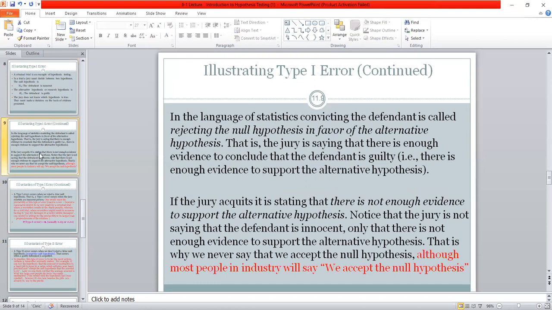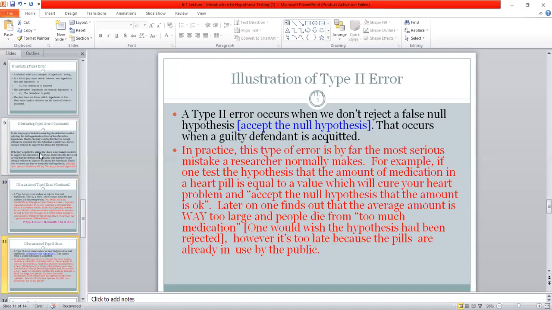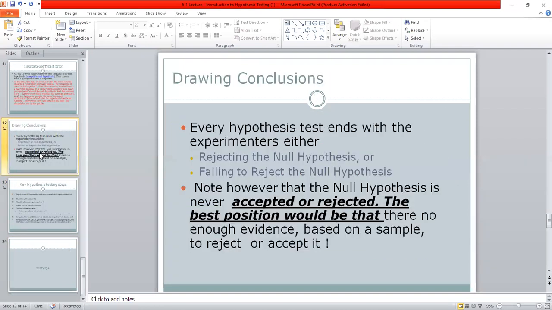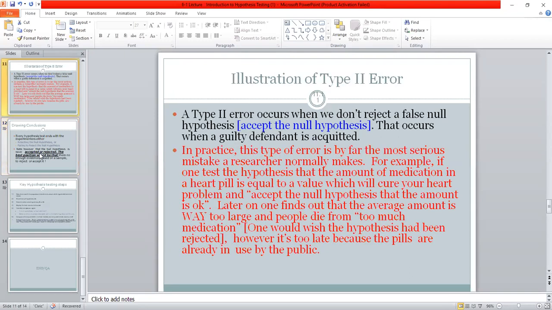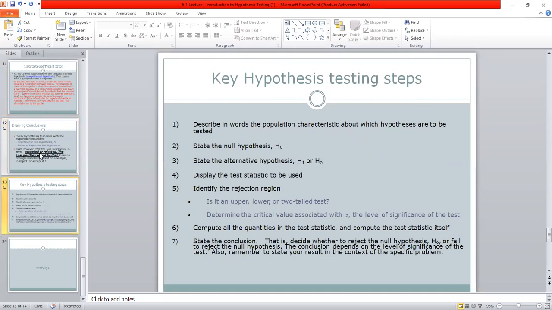Now, that's what I've done there. All those stories I've talked about. Now I'll go to the steps that you must follow while testing any hypothesis. There are actually 6 steps, because 2 and 3 can be combined. The first thing you do